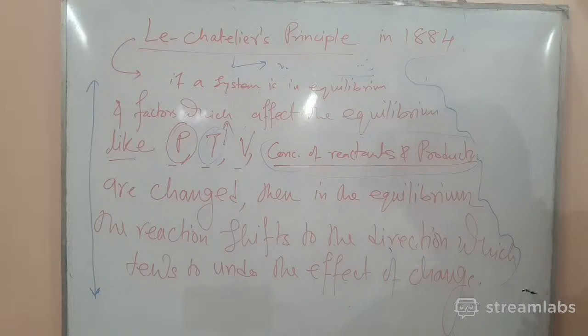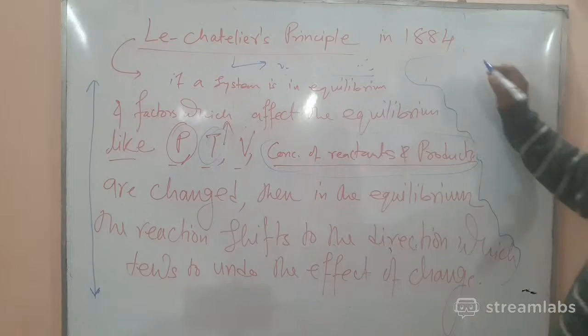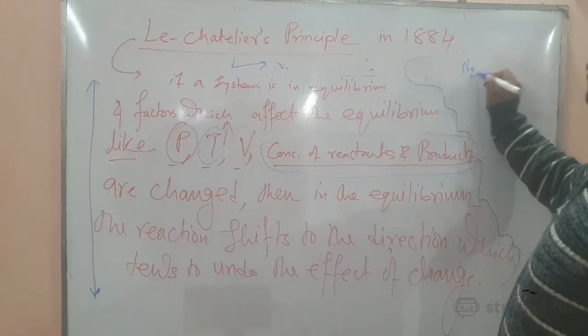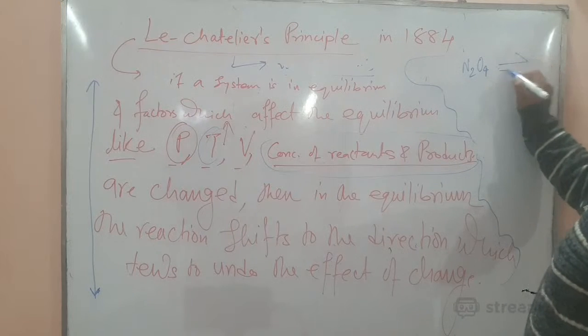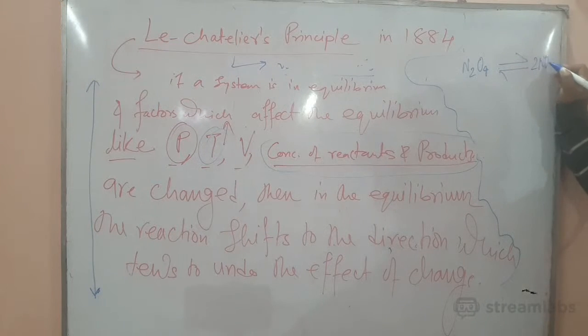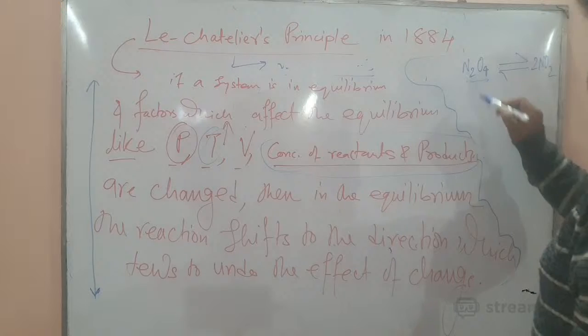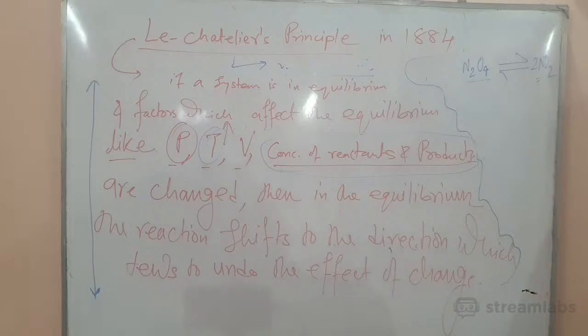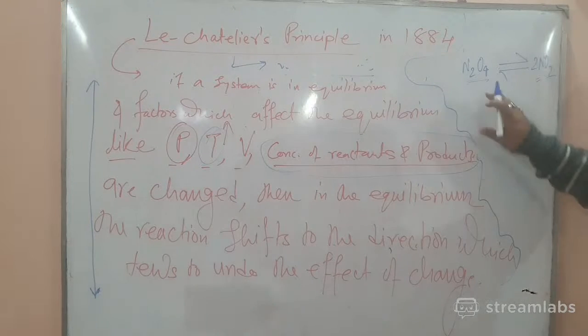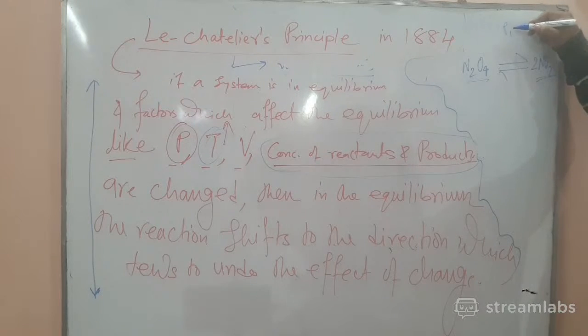Now, suppose for example pressure. Suppose N2O4 gives 2NO2, right or wrong? N2O4 breaks to give? Which one do you think applies more pressure, N2O4 or 2NO2? Which one is applying more pressure? It is 2 moles, so it will apply more pressure. Number of moles is more. If you have kept the same pressure, same volume, same temperature and everything,